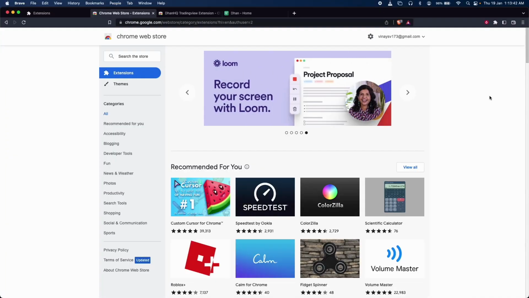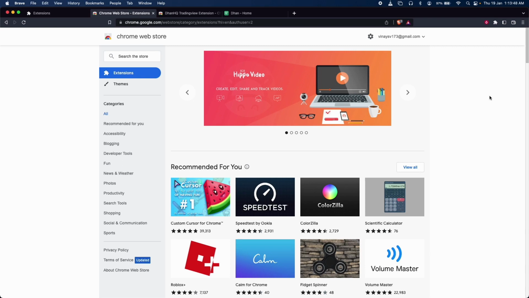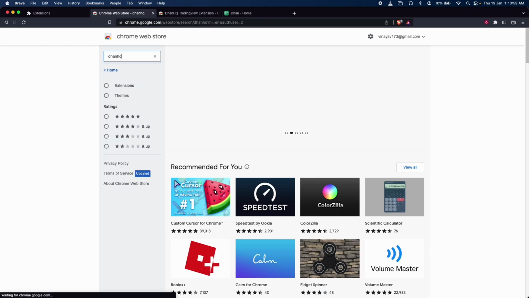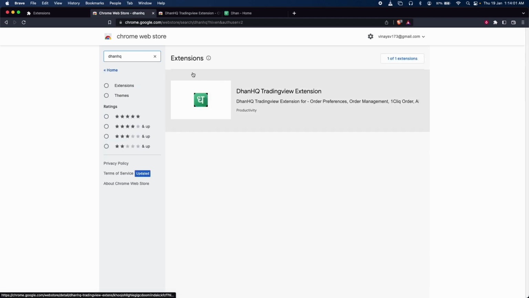We have released our DhanHQ TradingView extension in the Chrome Web Store. In this video, I'll quickly demonstrate how you can download the extension and install it in your Chrome browser. All you have to do is go to chrome.google.com/webstore/extension and search for DhanHQ. Wait for the search result, and then you will see a detailed description about that extension, the name and the